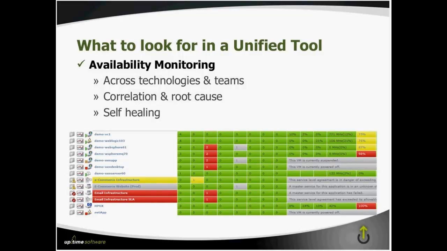And then the last aspect in availability monitoring that not a lot of tools offer is true self-healing. So we've talked about all of these sending of alerts and being able to monitor things that are going on in the environment. But what happens when there's an outage in the middle of the night and maybe you don't have operations staff available to deal with a problem? Wouldn't it be great if your unified monitoring tool could find the source of that issue and actually try to